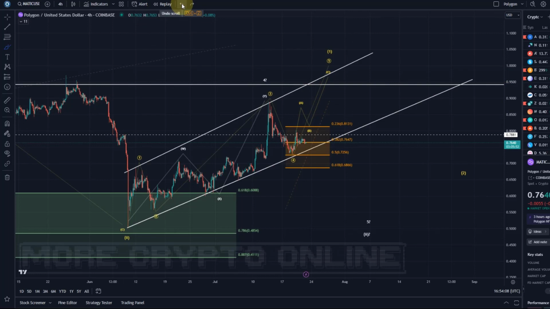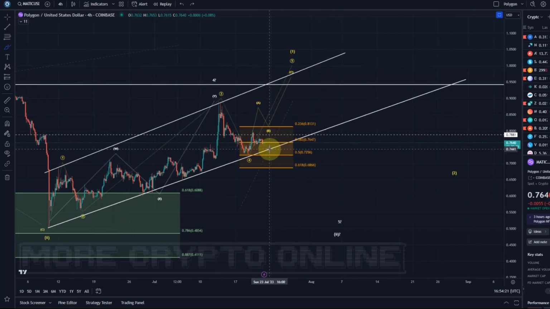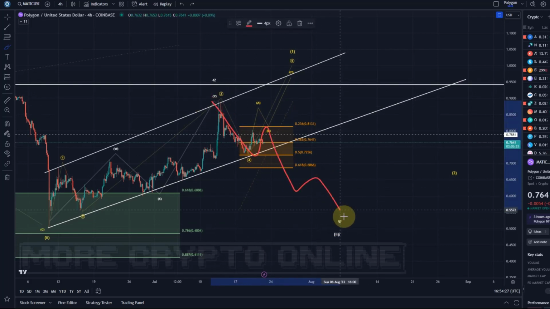The problem is, until I have 5 waves, the likelihood of a breakdown is very high. So that's why this support area is orange, because it's not really a high probability setup. So I wouldn't be surprised if it breaks. That means it could also go down in a 5th wave, something like that. After a 3-wave top, that is actually fairly likely. So we have topped in 3 waves so far.